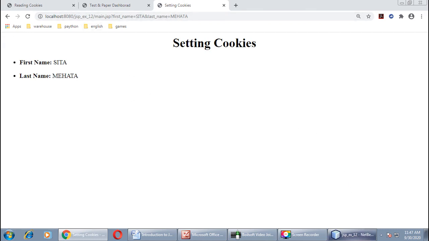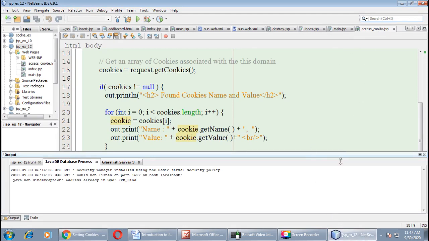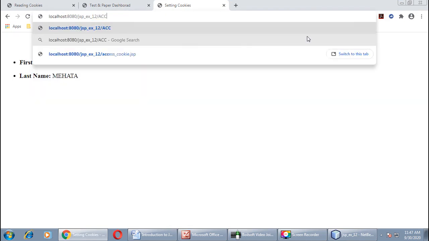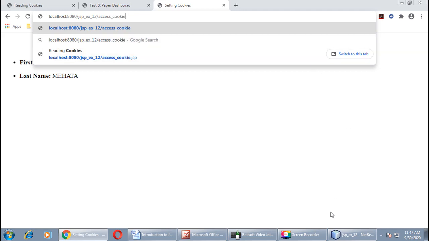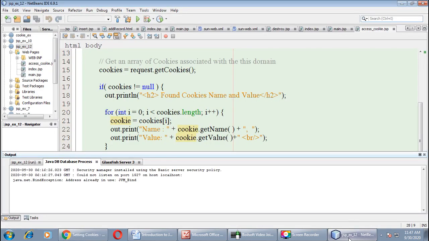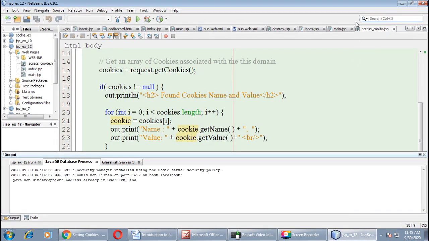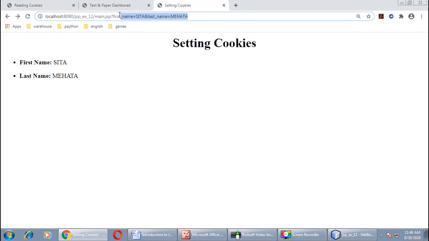Now the name of our third page is access cookie. access_cookie.jsp, we will manually open this page.